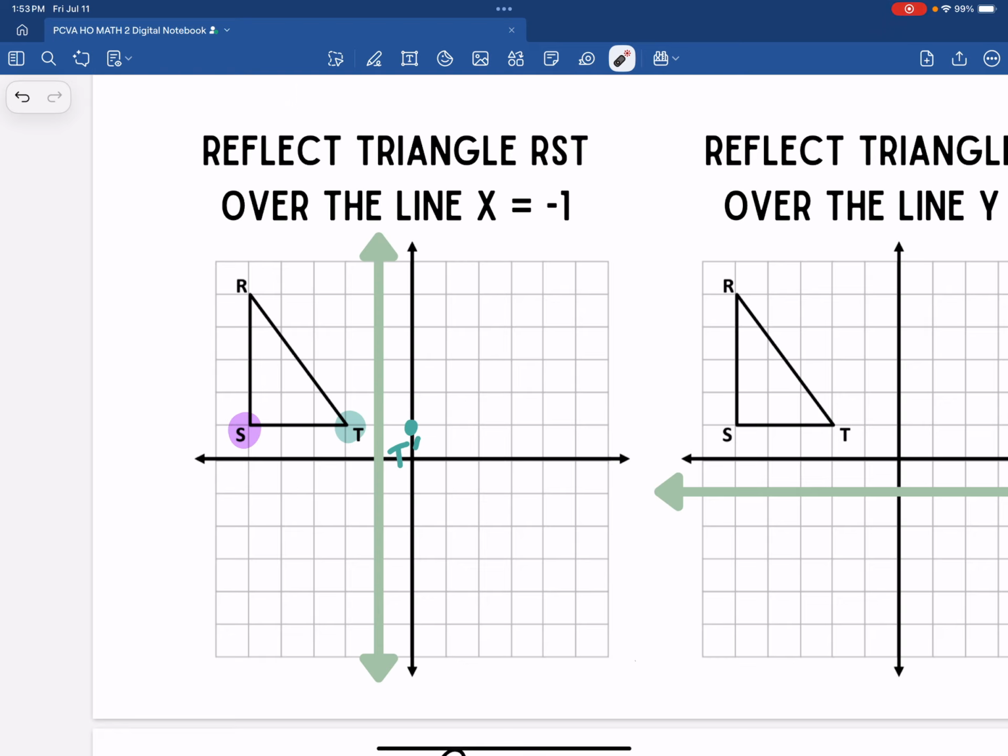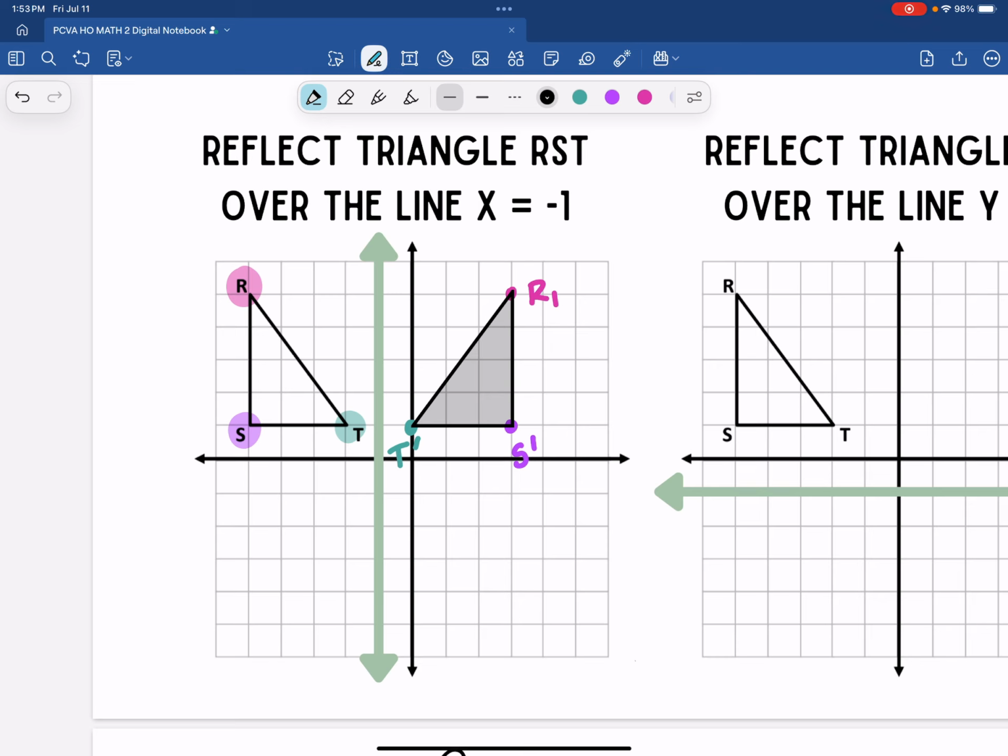So we're going to do the exact same thing. From the line, we're going to do 1, 2, 3, 4 units. So there's going to be S prime. And now we're going to do R. Okay, so R is 1, 2, 3, 4 units. So we're going to do the same thing. We're going to do 1, 2, 3, 4 units for R prime. All right, and if we look at this, we should now have our triangle reflection